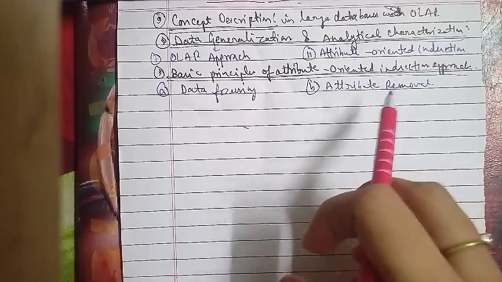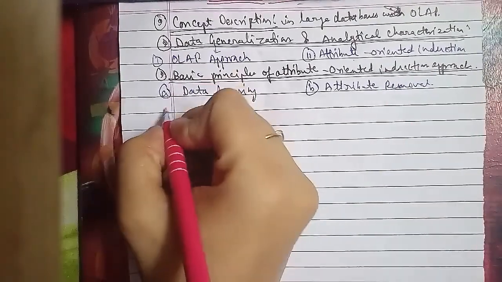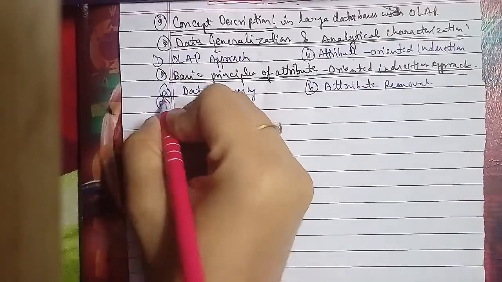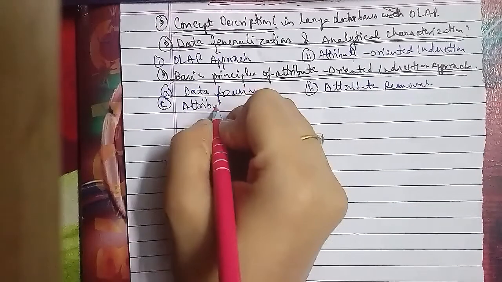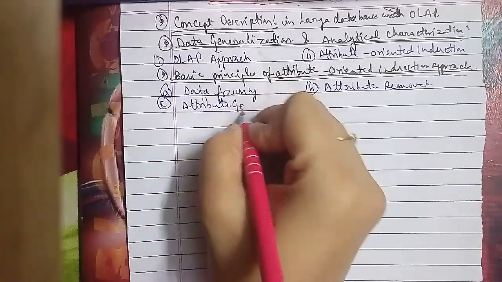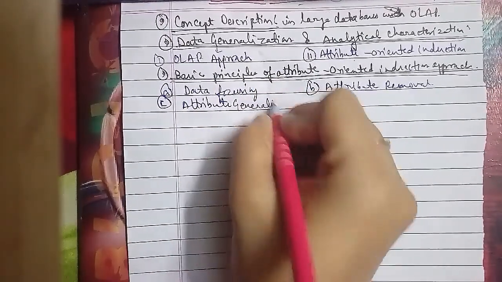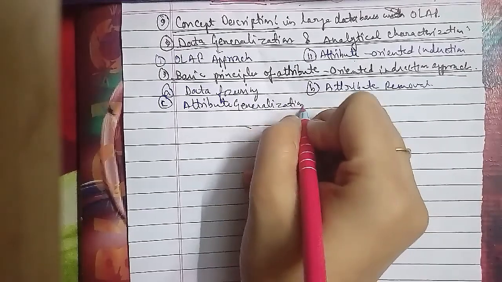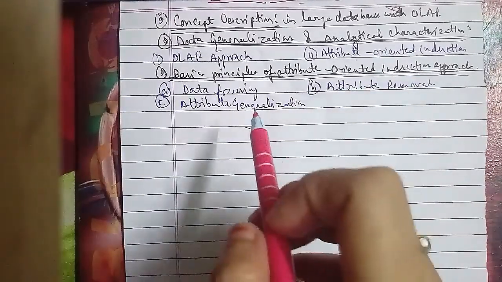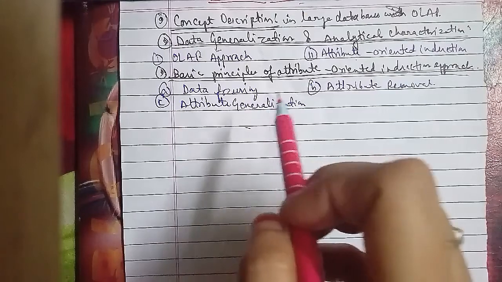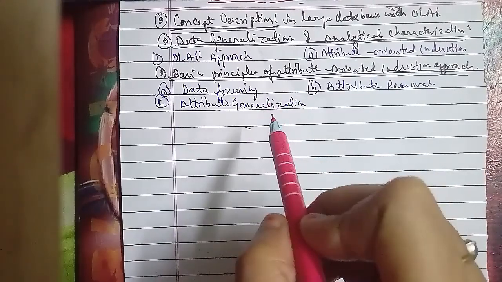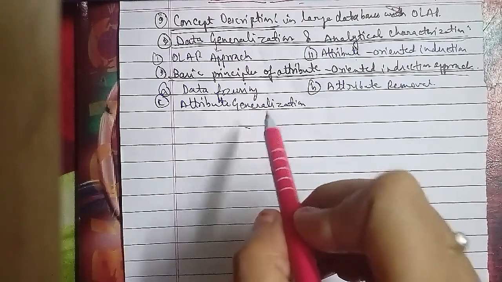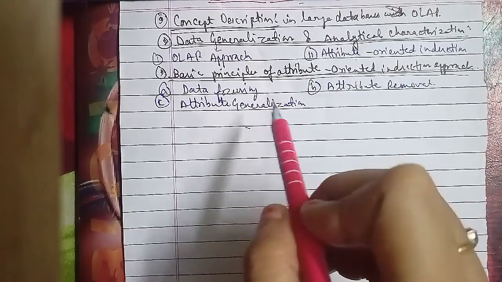In the attribute generalization here, if there is a large set of distinct values for A and there exists a set of generalization operators on A, then select an operator and generalize. And for analytical characterization, we'll talk about the relevance as well, in detail under another heading, that is analytical